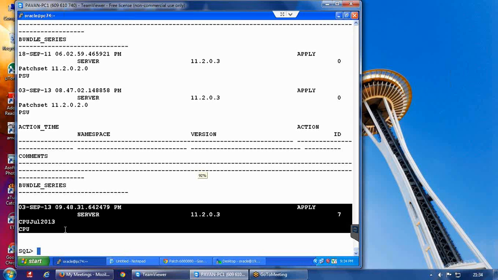There are two things here. Either the control files are totally not there, that could be one reason, or even if the control files are there, you don't have permissions to access them. In both cases, you'll have this particular error.